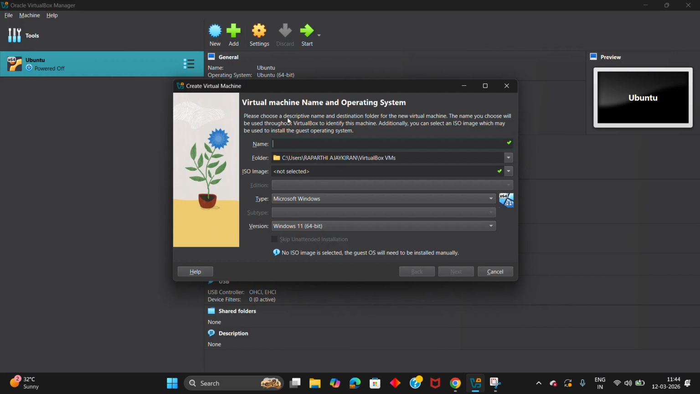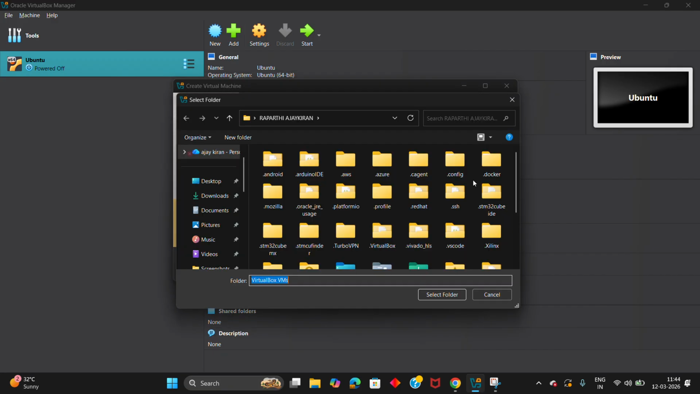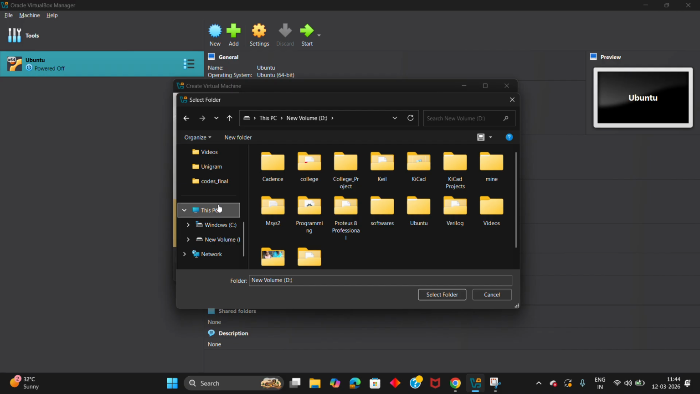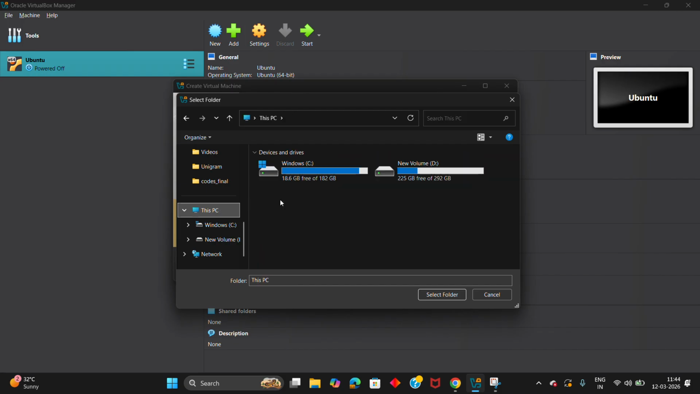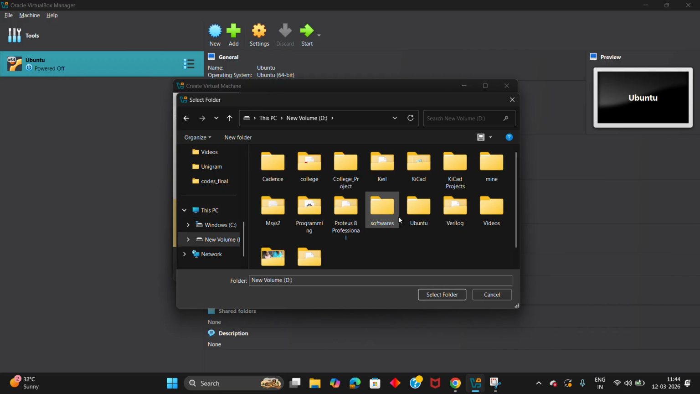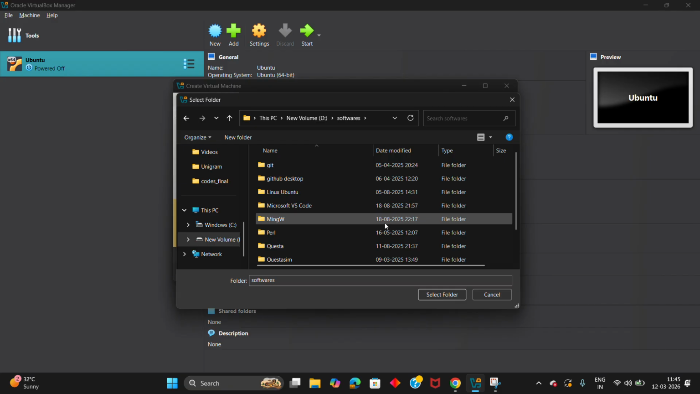Then a pop-up will be visible to you like this. You need to fill in the details over here and choose the file location. For the file location, I already told you, your disk must contain 200 GB of free space. By default it is going to show you the C disk, but you need to change the disk and the location. You need to select your own location. So I am going to select the D location, and then go to softwares, and then